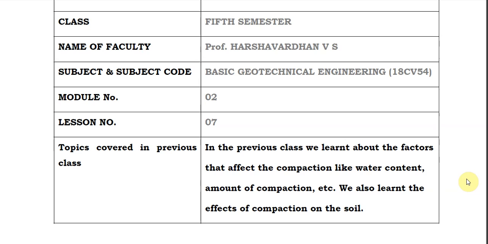The different effects of compaction were water content, amount of compaction, type of soil, admixtures, etc. And we also learned how the soil is affected by compaction. Like the density of the soil is going to increase after compaction, permeability is going to decrease, and